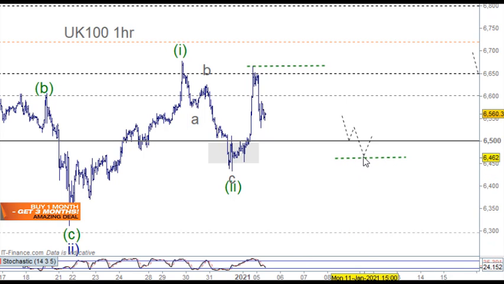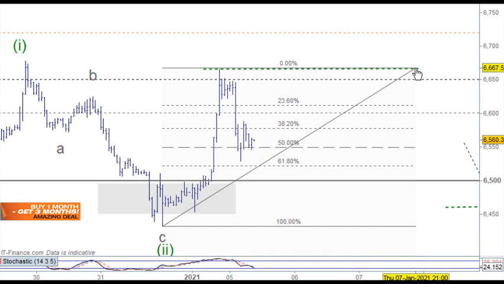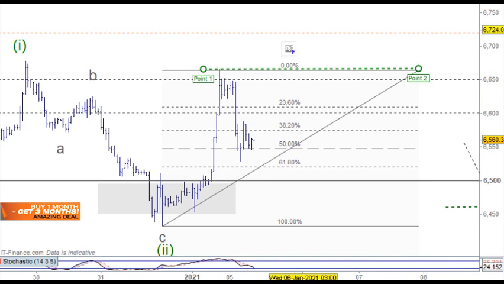In the meantime, we'll have a look at what's occurring in this space. I will take a closer look at it. So we're in that 50-60% retracement level area here. We just don't want it going any lower than that, because if it does, we're going to have to look at this as